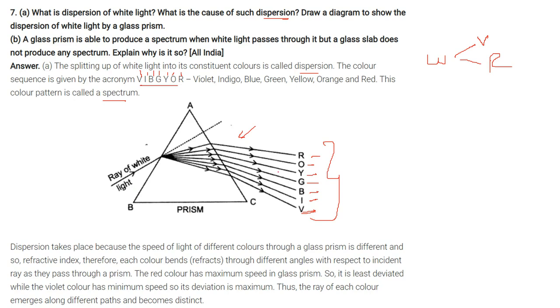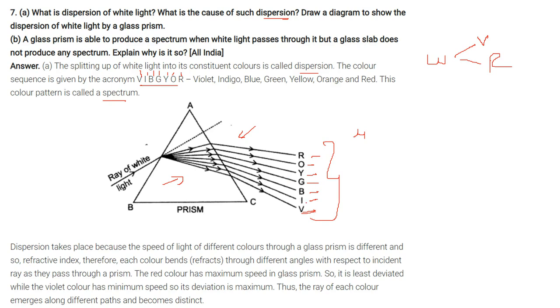This dispersion takes place because the speed of light of different colors passing through the glass prism is different. So the refractive index mu of each color differs, and each bends or refracts through a different angle with respect to the incident ray as they pass through the prism.